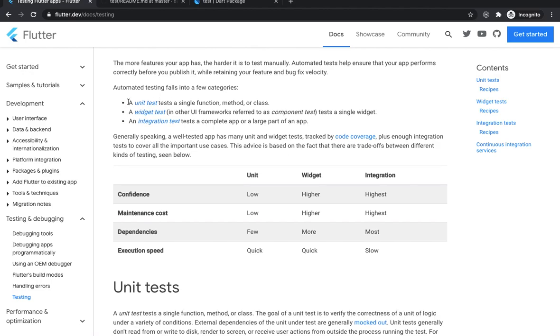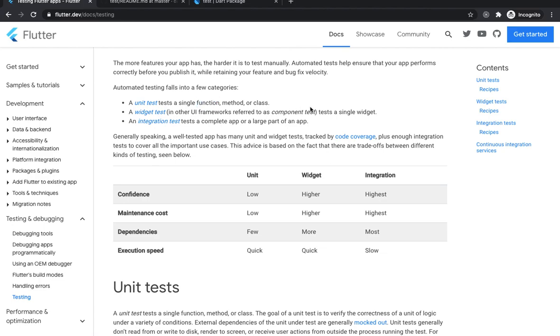So we are going to perform unit tests on a function, method or a class. Right now we have our email validator function and password validator function. So we are going to perform unit tests on those two.